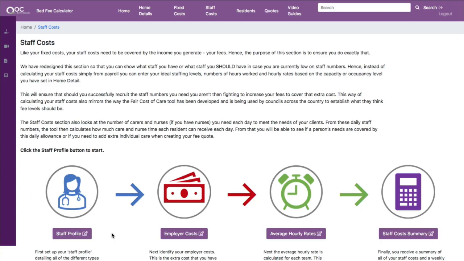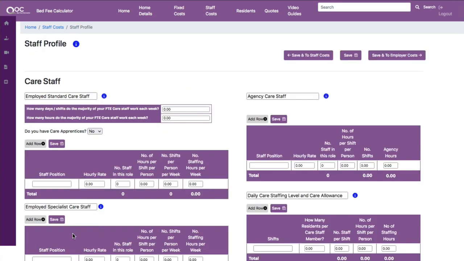First step to working out your staff costs is to enter your staff profile. Now this is how your staff profile will look when you're going for the first time, and of course I haven't entered any information. The information you put in here is absolutely vital, because from this we'll be working out things like average hourly rates, which the tool will use when creating new quotes to work out how much